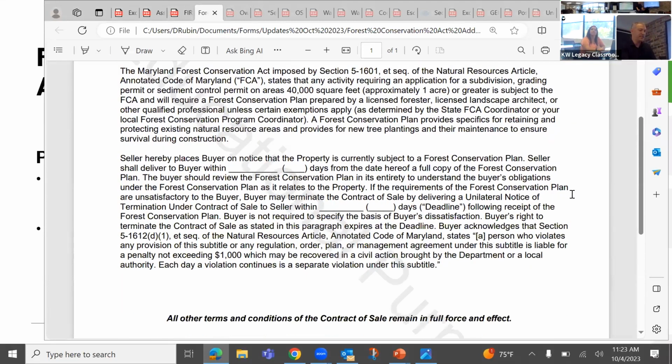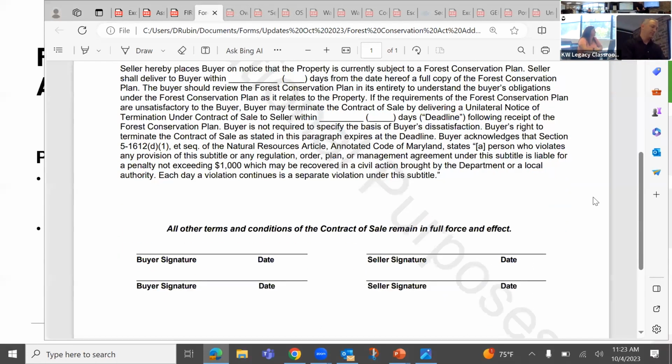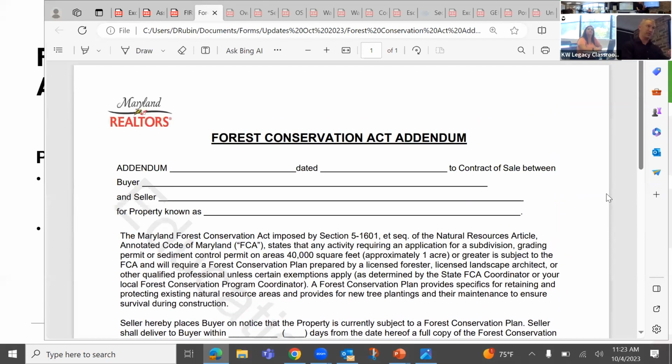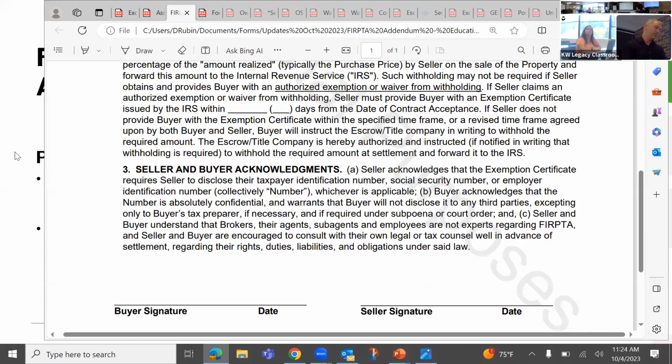Yep, and then it basically works almost like an HOA notice, where the forest conservation plan needs to be provided to the buyer. If the buyer says, hey, I don't like any of this, I was trying to use my property for this function and it won't let me under this plan, then they have a way to get out of the contract. So again, this probably won't impact you very much, but if your seller has a forest conservation plan, they need to provide it as a disclosure, and then it provides a potential contingency for the buyers.